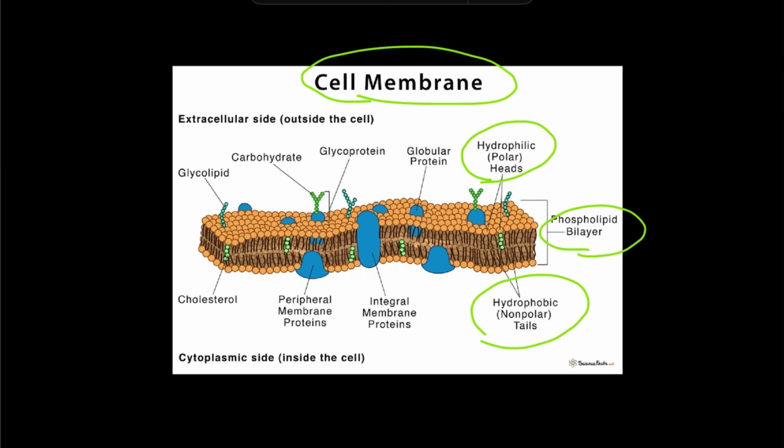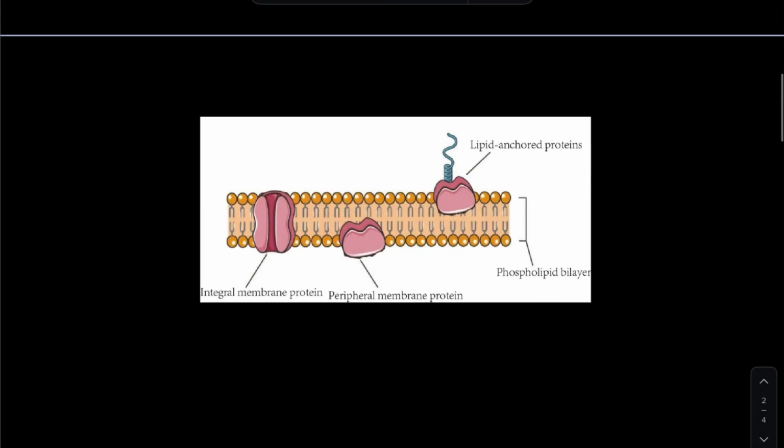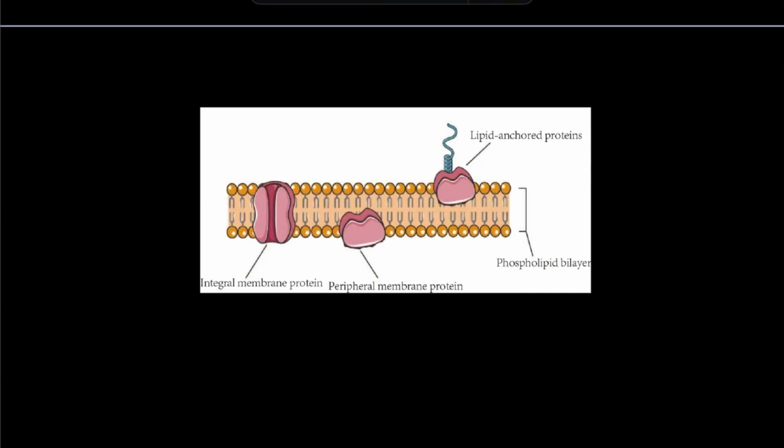Membrane proteins carry out most of the membrane's specific functions. Some proteins span the entire membrane. These are called integral membrane proteins. Others are loosely attached to one side of the membrane and are known as peripheral membrane proteins. These proteins may serve as transport channels,